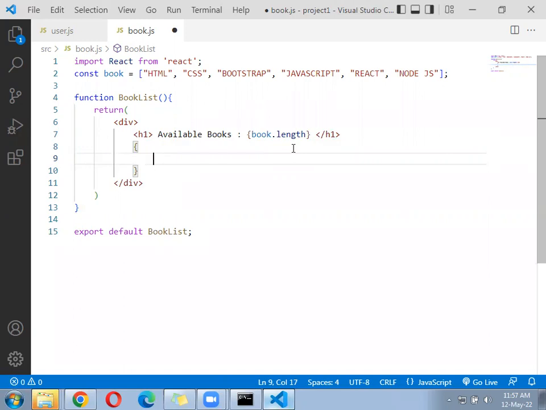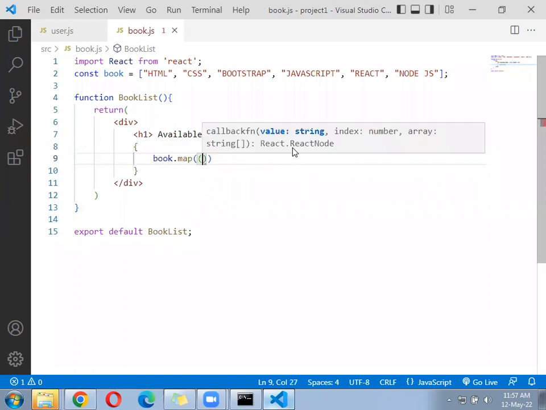So for that again, array name, that is called book.map. Inside that,